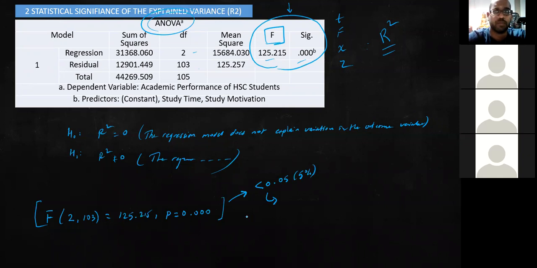Yep. What do we do? Reject the null. Yep. So we reject H naught. Okay. We reject H naught. Just to help you to remember that, for those who really are struggling with that and